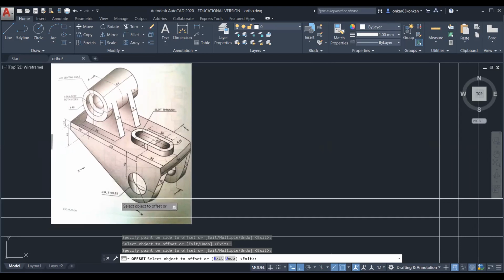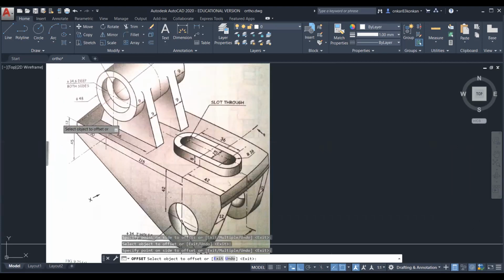Here, if you observe from the front direction, that is the X direction, then the maximum width will be equal to this 50 plus this 115 and this 42.